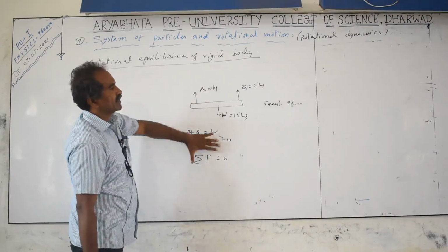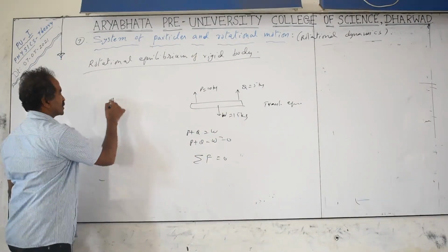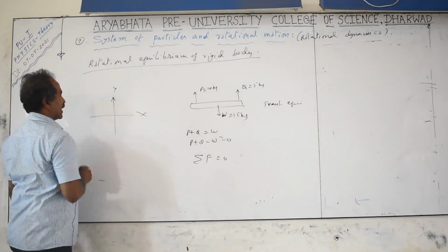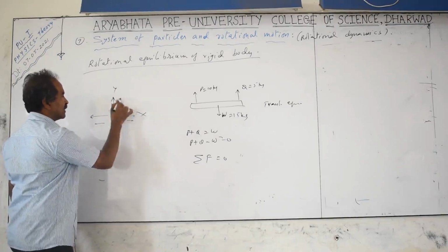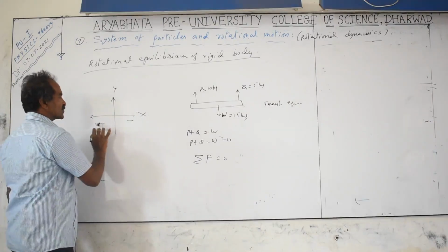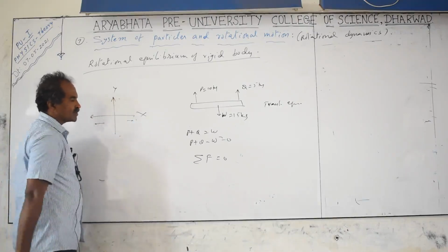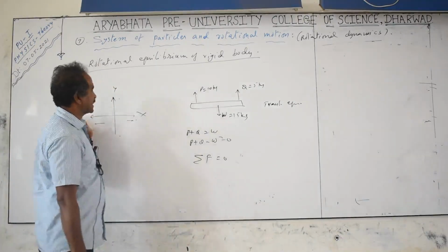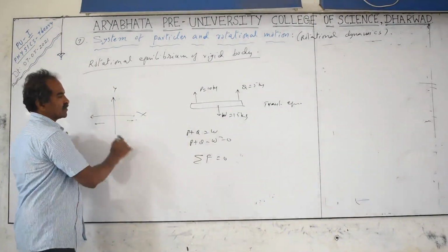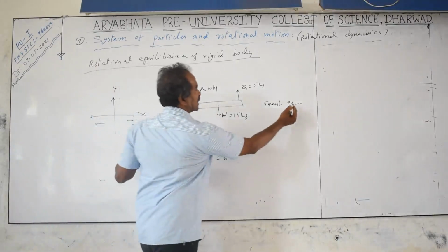In this case we are taking only a plane. Plane means only upward or downward directions we can take. This is the x-axis, y-axis. If you take a plane, the possible forces are right side, left side, up or down only. Then right side force equals left side force, or upward force equals downward force. Then net force is equal to 0. That means sigma Fx equal to 0: net force along the x-axis is 0, net force along the y-axis is 0. Then the overall force will be equal to 0. That is related to translatory equilibrium.